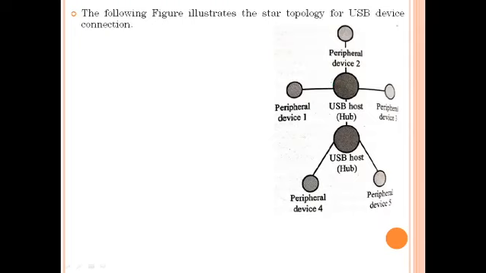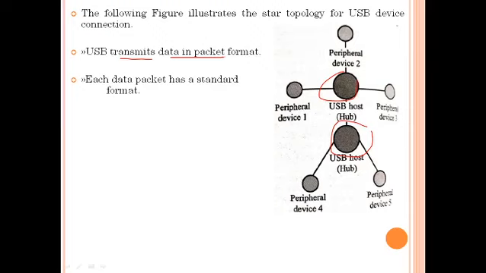The following figure illustrates the star topology for USB device connection. Here we have two USB hosts, and the peripheral devices are connected to these USB hosts. USB transmits data in packet form. So whatever data has to be transmitted between the host and the peripheral devices is divided into packets. A packet can be of fixed size or not, and each data packet has a standard format,